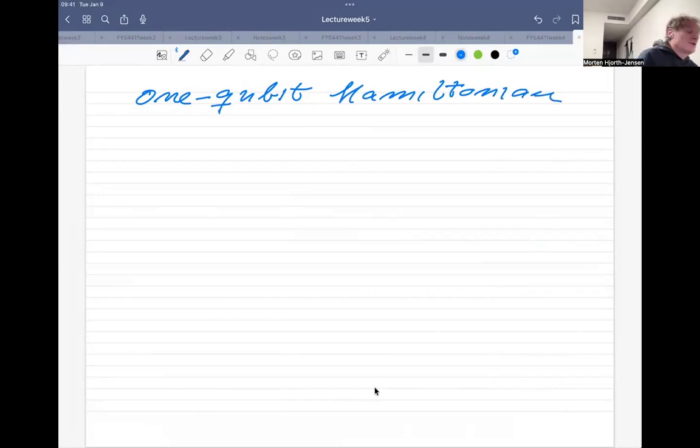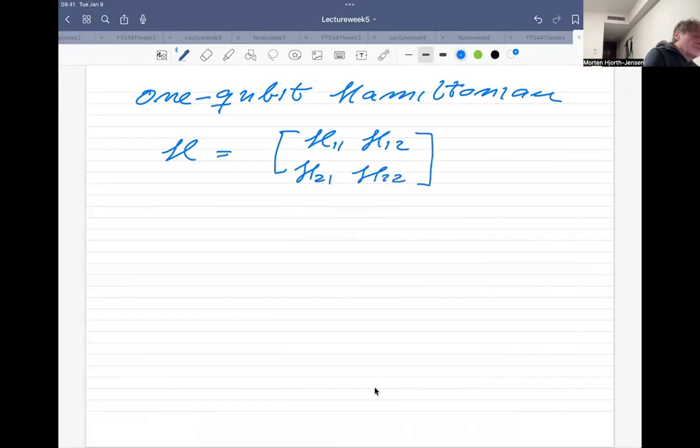And this one-qubit Hamiltonian is now given by a Hamiltonian matrix, which is a 2x2 matrix, where we have matrix elements H11, H12, and then we have H21 and H22. So I'm using this symbol for the operator of the Hamiltonian in order to distinguish it from the Hadamard gate,